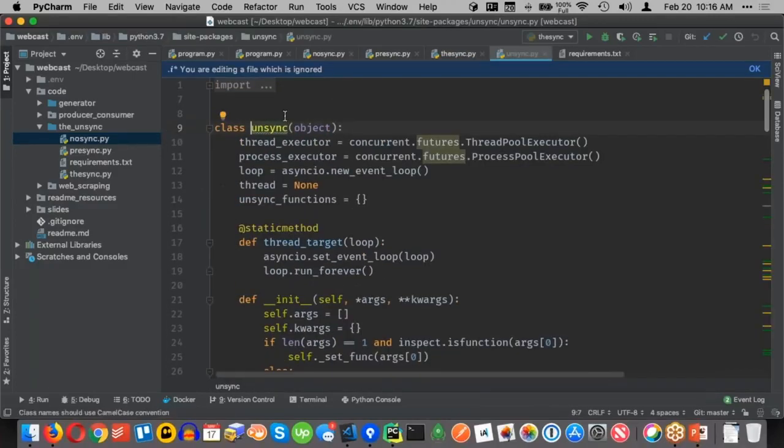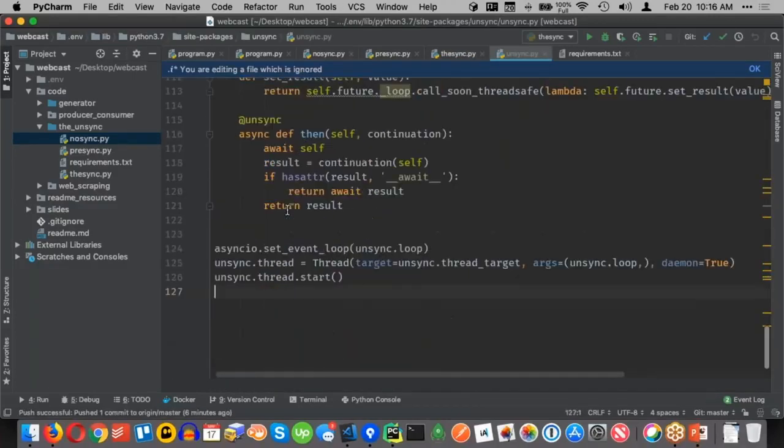For example, if you look at this unsync thing here, it actually creates its own event loop and runs it on a background thread. So unsync is interesting in that it doesn't even do your async work on your thread. Your thread is still available to go do other things, which could even be a regular event loop, I suppose. But yeah, you can, but you're getting down to coordination and whatnot.